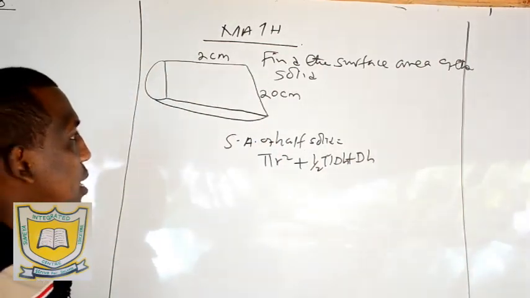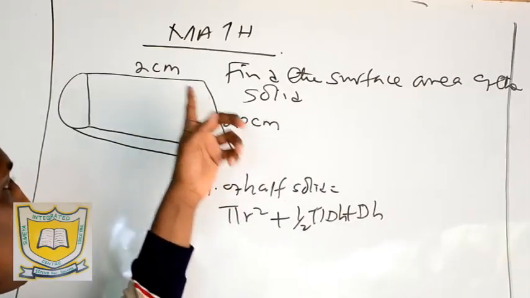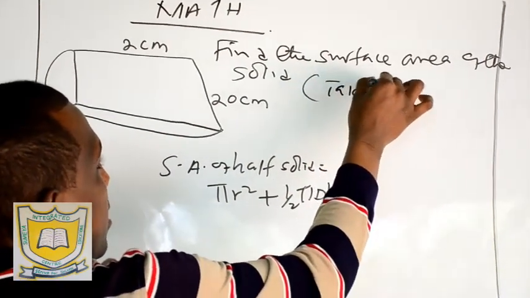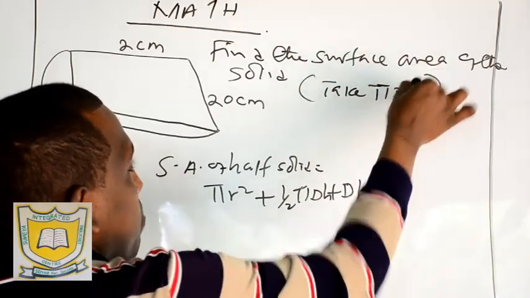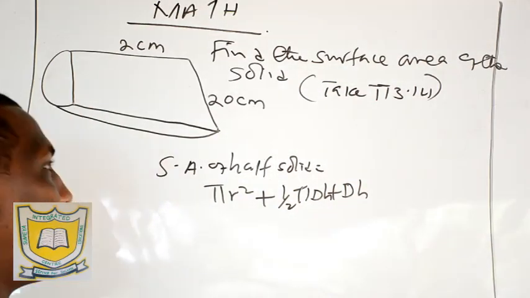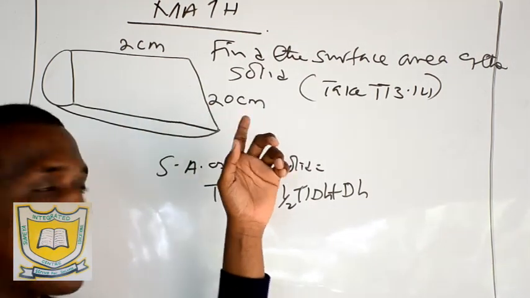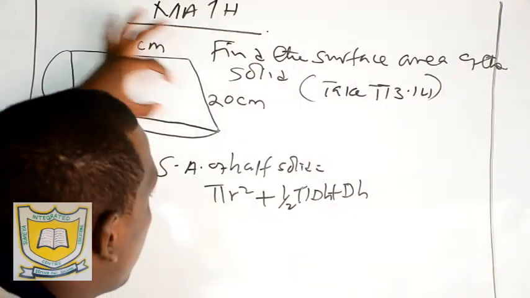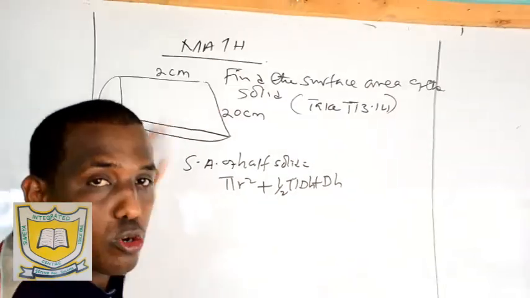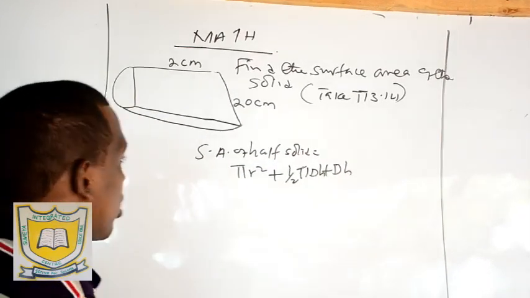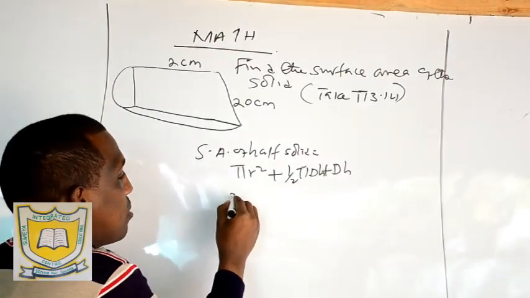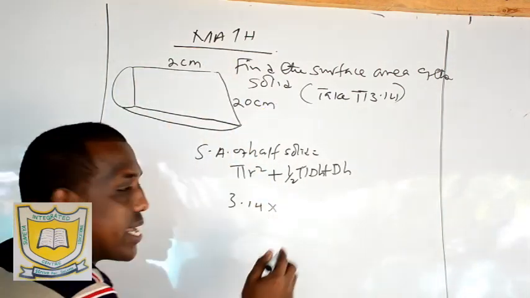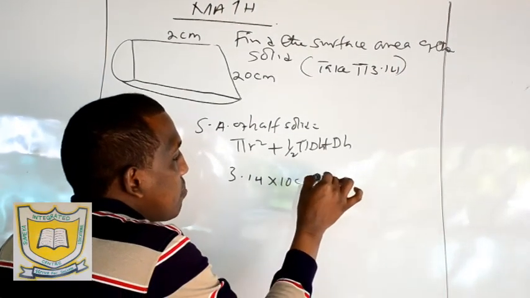Now let us use the formula. Now you should be using 3.14 for π. Why are we taking 3.14? Remember, this line is the same as the diameter of this semicircle, and it is not divisible by 7. That's why we want to take 3.14. So let us use the formula: 3.14 times r, the radius. Now this is the diameter, so the radius will be 10. So 10 centimeter times 10 centimeter